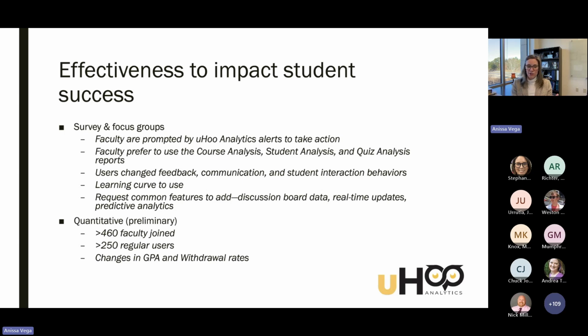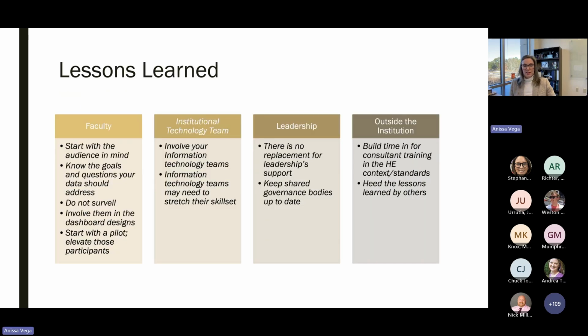We have 460 faculty who have volunteered to join uHoo Analytics, and so we are ingesting their data from our learning management system. But as we look at the system and track activity, we see that we have just over 250 regular users. That doesn't mean the other users aren't clicking in there once in a while, but we're looking for multiple times per semester and multiple dashboards. We've learned,